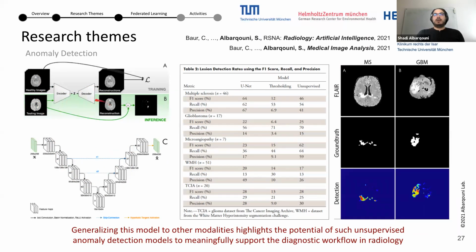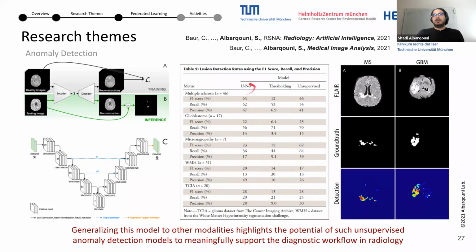The residual is computed between the pathology input data and the pseudo-healthy version of it. And this is what you see here, these residuals for different pathologies like multiple sclerosis and glioblastoma. You can see that the pathologies are highly overlapped with the ground truth annotations that came from the physicians. One of the key findings of this work is that the performance of our anomaly detection is not only significantly better than simple thresholding, which is used in clinical practice, but also comparable to the supervised U-Net model, as you can see here.